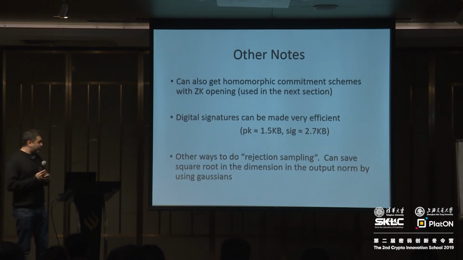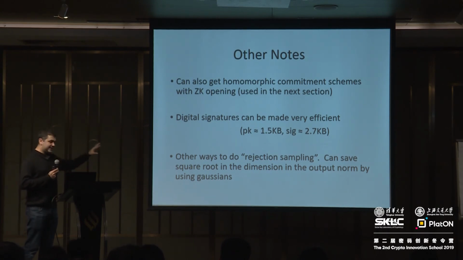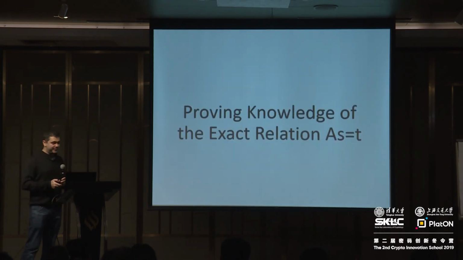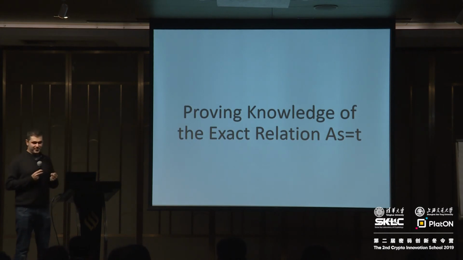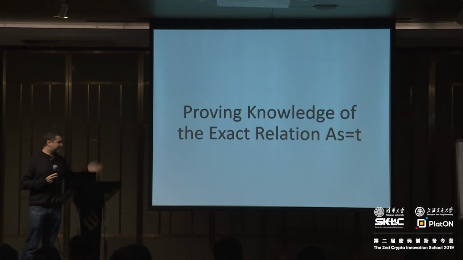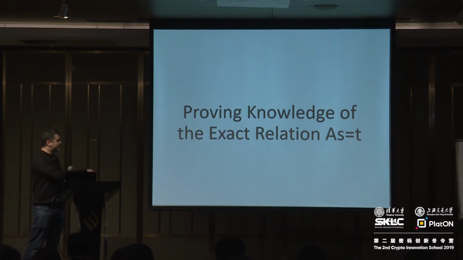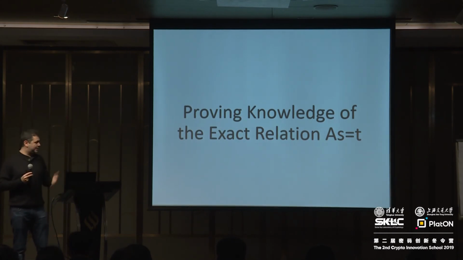Okay, so this is all I want to talk about for this technique, and I will then move to the problem that we actually started solving. We really have an S with 0, 1 coefficients, and a T such that AS equals T, and I really want to prove that I know that S, no cheats, no factors of C here, no bigger coefficients for S. Because for discrete log, that is what we could prove. We knew an X, g to the X equals h. We really proved that we knew some X. We didn't prove some funny,